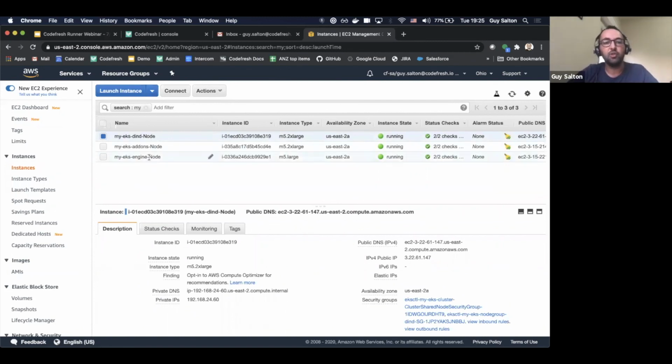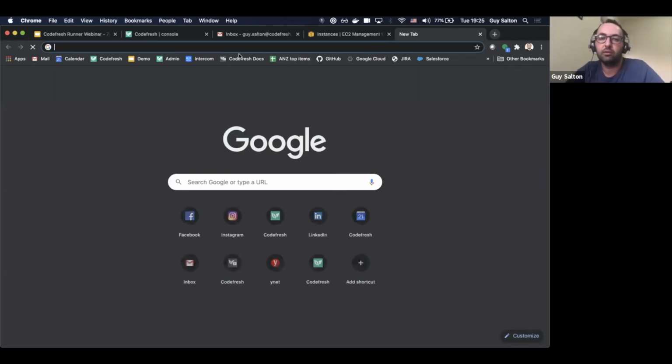Then I have the engine node. The engine is the component that will start the builds. It will go and start the DIND pod. And I have an add-on node, and this is for the scaling. So when I created this cluster, I can quickly show you,